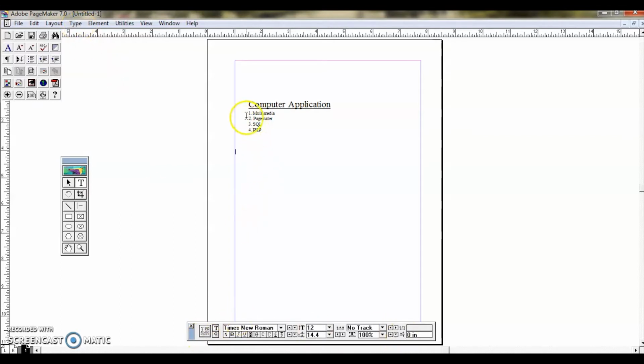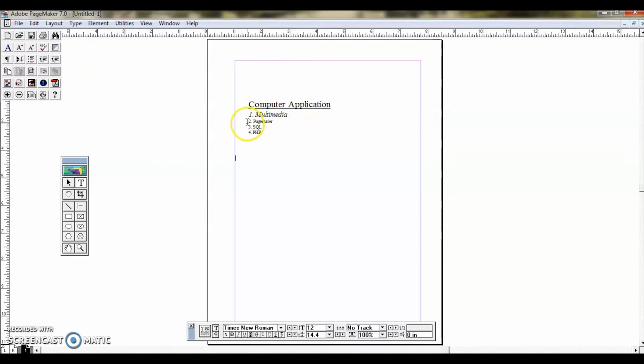Second one is using this. So let us see. I am selecting the text, first one multimedia. I am going to use this control palette, character formatting control palette. So here also I can change. So first one Times New Roman, so let it be. I am having the text as 18, and then if I want to give bold, if I want to give italic, I can give. I am clicking the icon italic. So see here, it's changed to the italic style, and the character size is also increased. I have given 18 for this, I have given 24 for this.